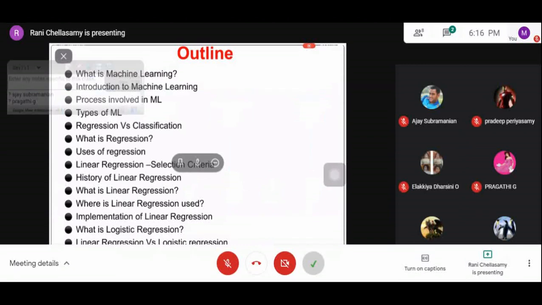Just now we have seen the diagrammatical agenda. So, okay, what is machine learning? We'll be dealing with that, and the introduction to machine learning, and what are all the processes involved in machine learning, what are the types of machine learning. Then we'll be comparing the regression and the classification algorithm. Then we'll be seeing what is meant by regression, what are the uses of regression, and what are the selection criteria used for